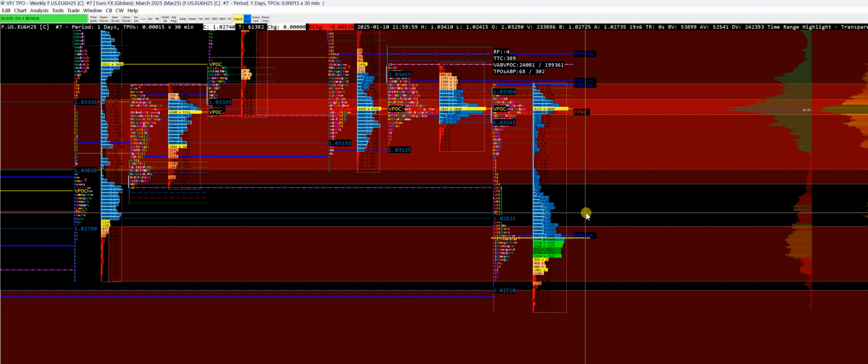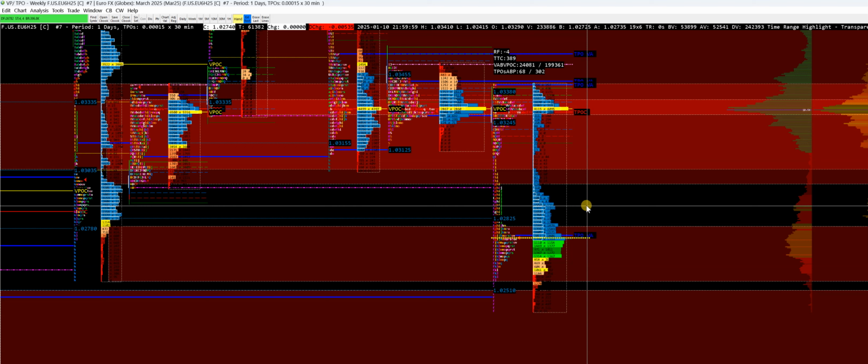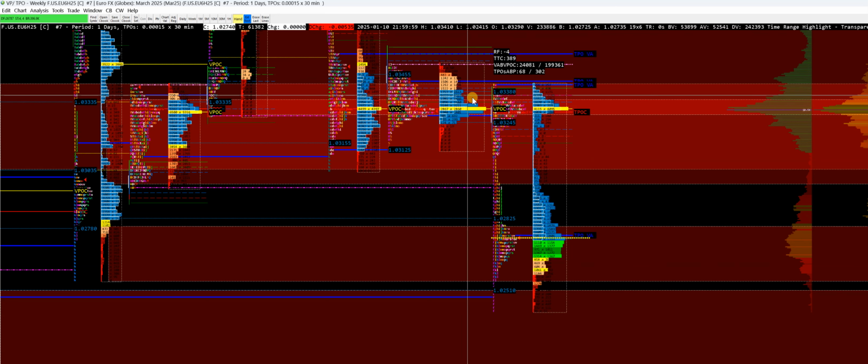The same for the footprint when you've got single prints or unfinished business at the bottom or at the top of a session, which again will mean that the market will very often finish the business and revert, or at least go back to those points and complete the execution. All of that we will detail and explain a little bit more, the functioning behind it. But I think what's important here is that you understand that this is not made up of thin air, and the reason why this works,